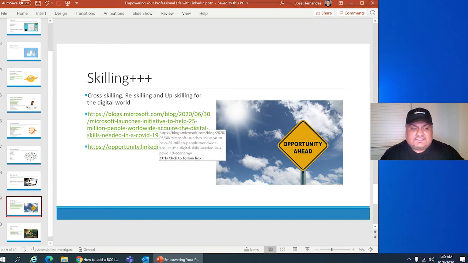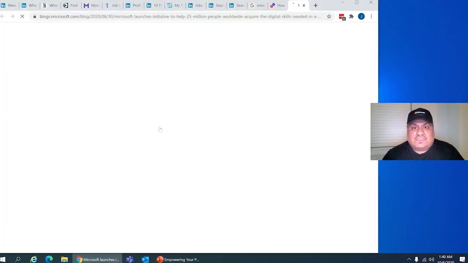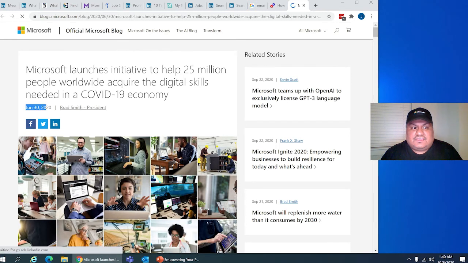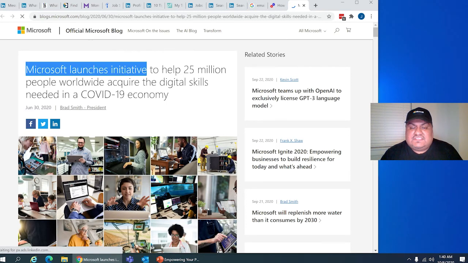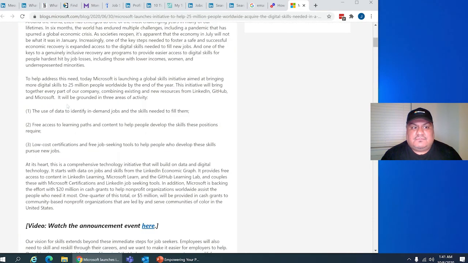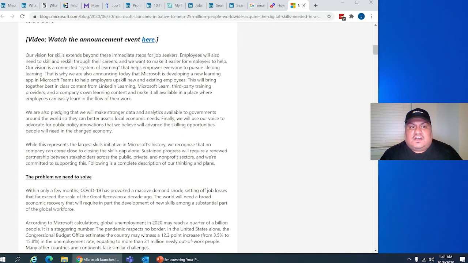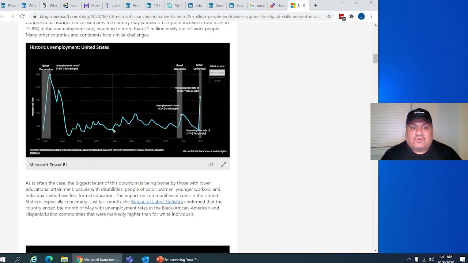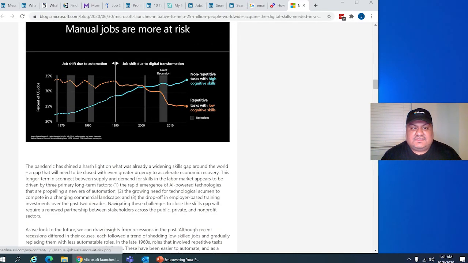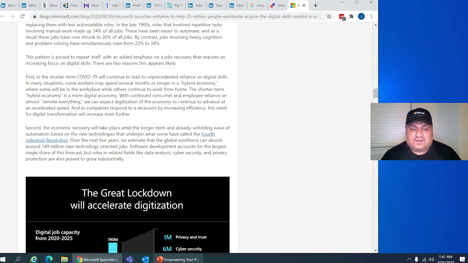So recently, this year, Microsoft has announced an initiative with empowering people with reskilling. You can see here on June 30th that Microsoft launches an initiative to help 25 billion people worldwide acquire skills needed for the COVID economy. So in this blog, Microsoft talks about what the problem is and how Microsoft is going to help by doing this. And Microsoft set up a tool called